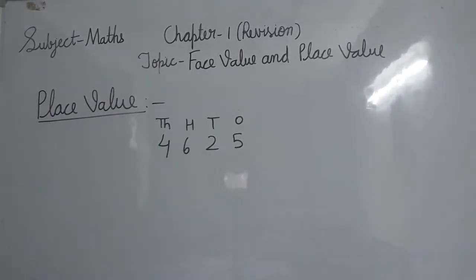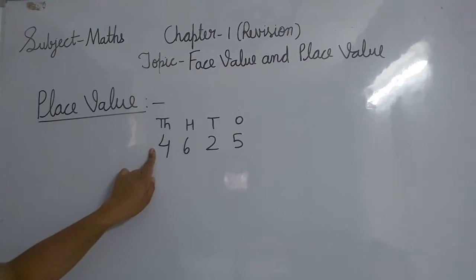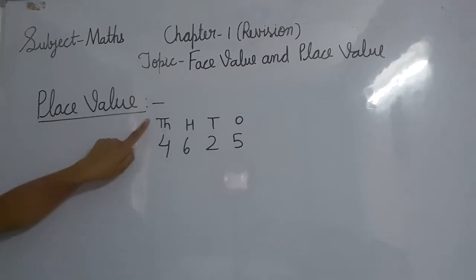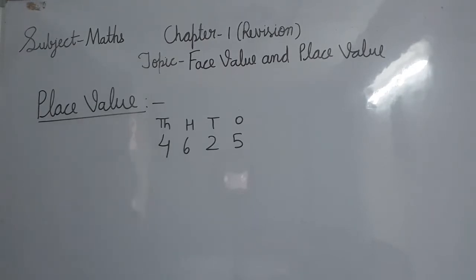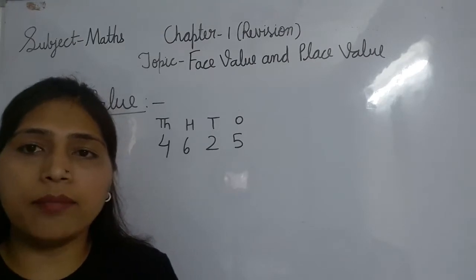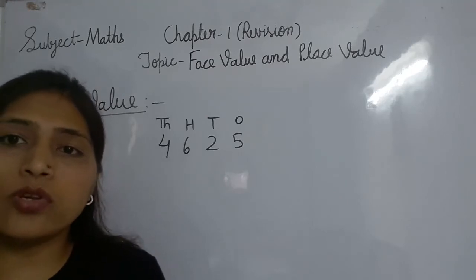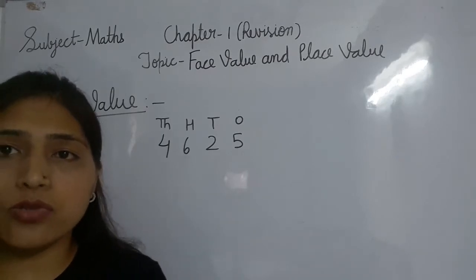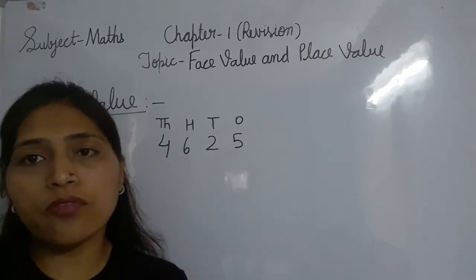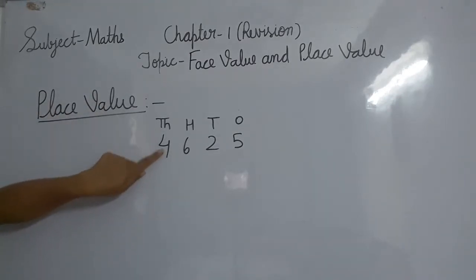Clear? So now let's discuss the place value. What is the meaning of place value? Place value means in which house is the number. What is the place of that number? Place means what is the place of that number. So that is called the place value. Like we can change our place. Right now I am here, maybe after a few days I will be in the school. The same like you. Right now you are at home, so you are your mama's babies. But whenever you go to school, at that time you will be a student there. So according to place, your value is changing. The same thing is here. According to their place, the value is also changed.